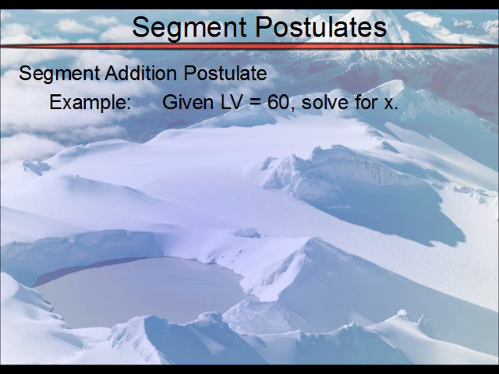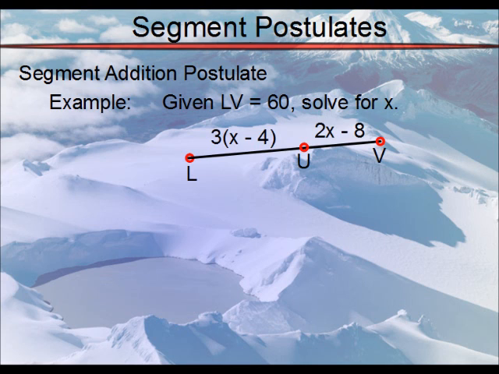Okay, so how about we do an example? Let's say that you are given that LV is equal to 60. There's our diagram. Determine the value of x. You'll notice that all 3 points are collinear, so we can go ahead and use this addition postulate, which basically